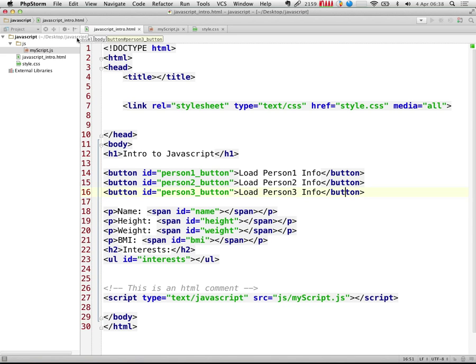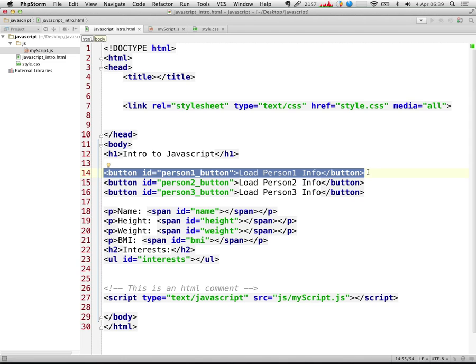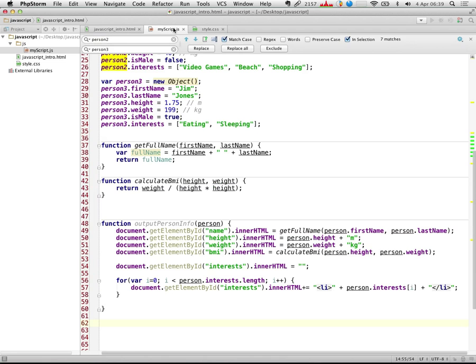Okay, all right. I just want to make sure I'm doing it consistently with the last time. All right, so the way that we do this is, well, first of all, let's just deal with the first one. Okay, so person one button. Again, we need to point to this particular element, so I'm going to use what I've already used before,